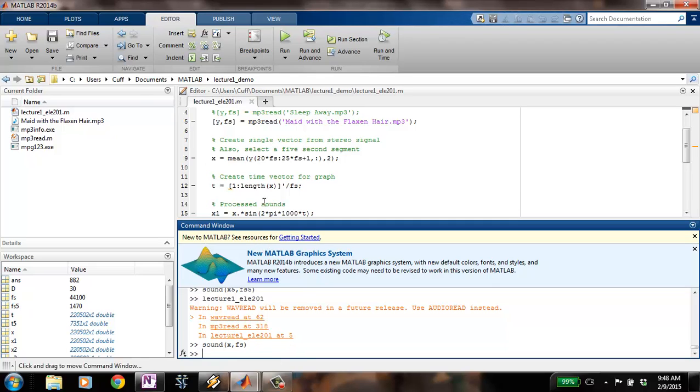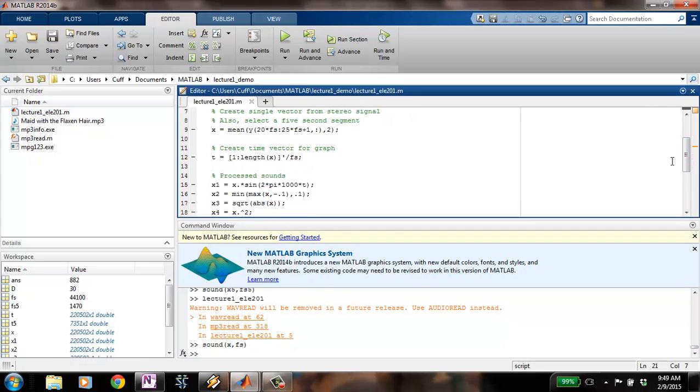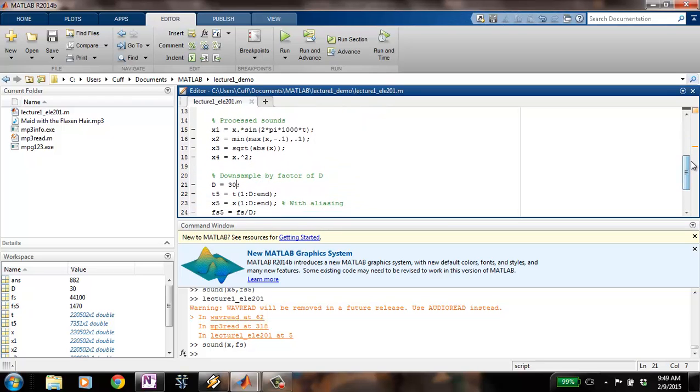And now what we can do is do some math to it. So we can do whatever we want. This is the beginning of signal processing for this class. You're going to define some mathematical function to change the sound. All right. For example, here's a few things that really have nothing to do with what you're going to learn in this class. They're just off-the-wall ideas of what to do. Okay. What if we